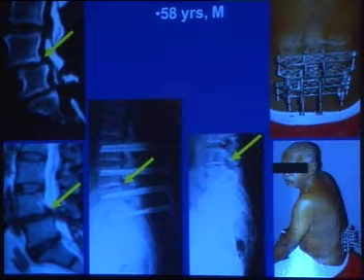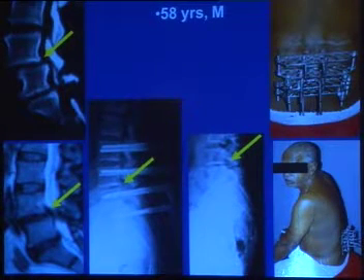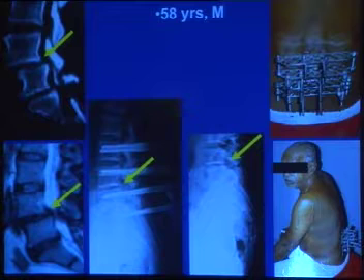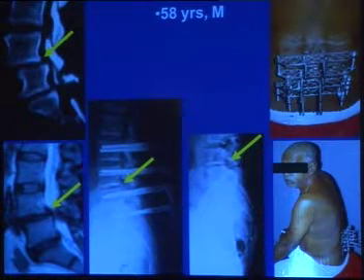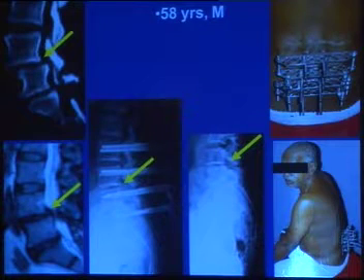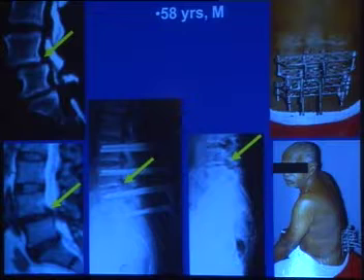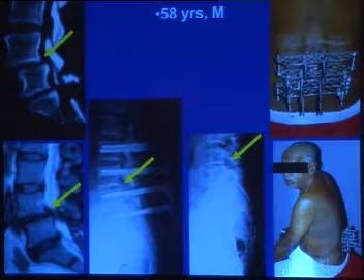This is a case of listhesis. This was our first case, listhesis L4, L5. Initially we applied the fixator and then we gradually distracted. When the deformity was totally reduced, we just removed the fixator. We kept the fixator for 2 months. We thought that there would be a fibrous ankylosis or something and it would maintain the fixation. So we removed the fixator and didn't apply any internal pedicle screw. This patient got a relapse after 4 to 6 months. So from this patient we decided that we have to fix internally.